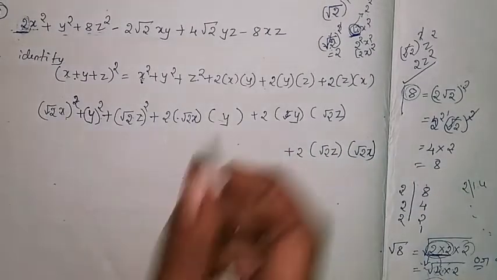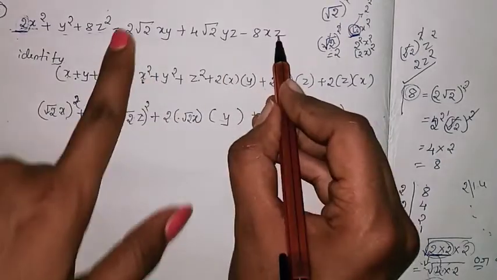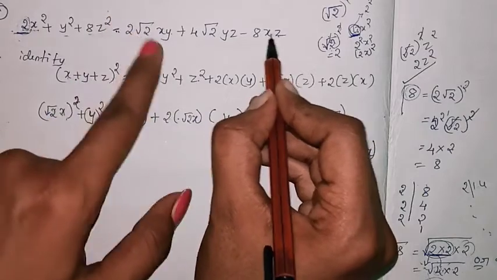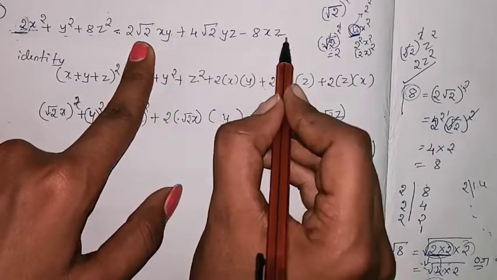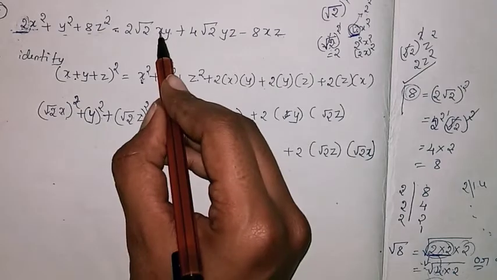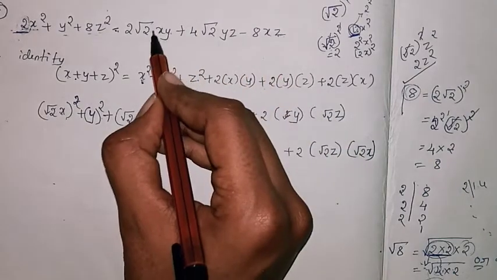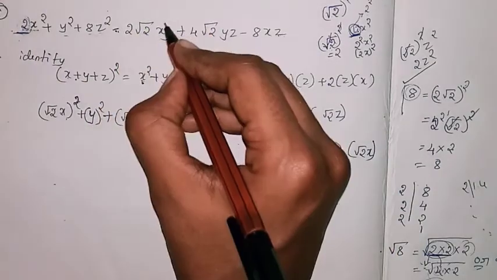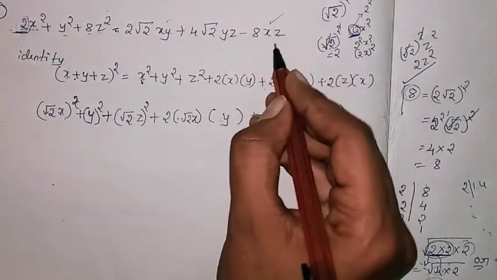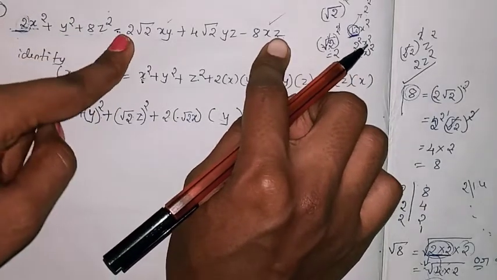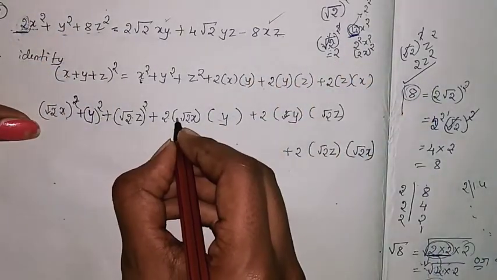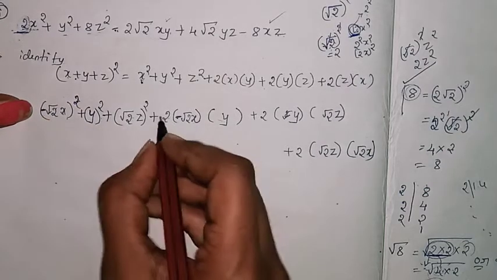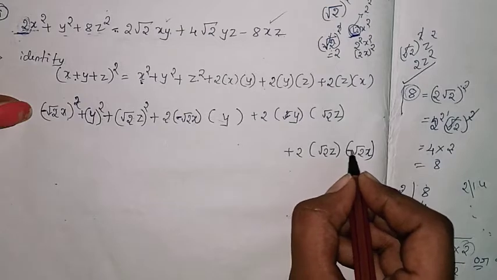Yes, so now but in question we have negative sign here and here, that means x and y term, x and z term are negative. To get the negative, one of these two should be negative. So here observe, here x and y, here x and z. So if you take the x terms are negative, then these terms, here also x is there, here also x is there, if you take the negative, then these terms will become negative. So what I will do, this x term I will do negative here, and here x term I will do negative. Then where is the x term? Here I will do the negative.